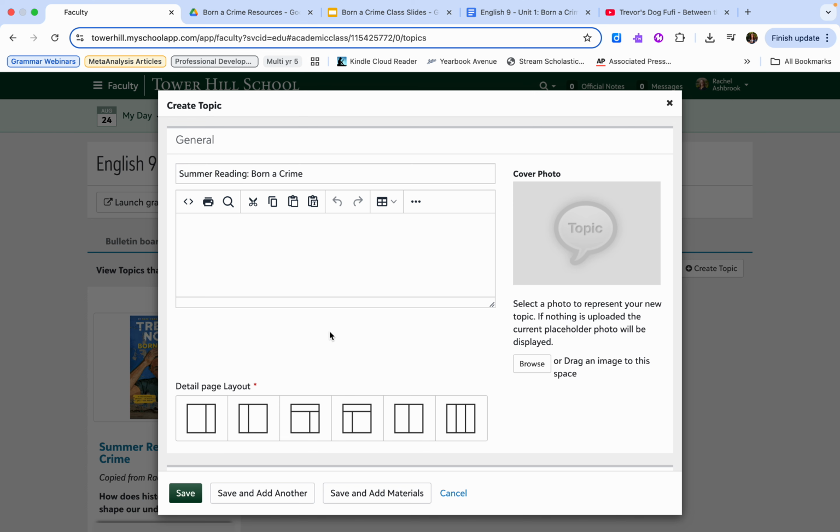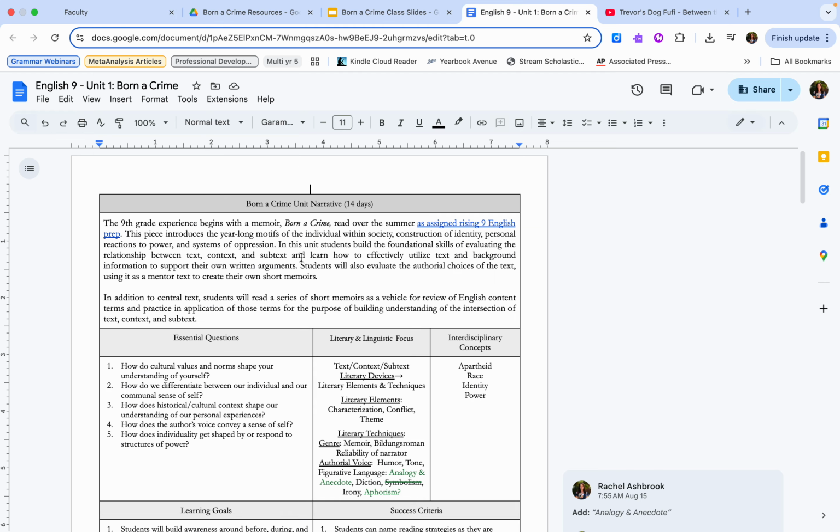I'm making sure I have my resources available from the unit plan or the book, or in many cases, it's going to be a chapter for some folks. But I make sure I have all of those resources available because it's going to make this entire thing easier. So in this case, since I have this box here, which is for the narrative description, I am going to go ahead to our unit plan, and I am just going to copy that from here